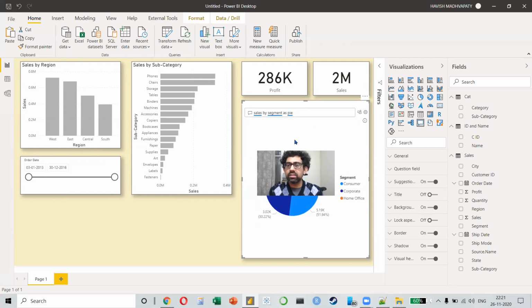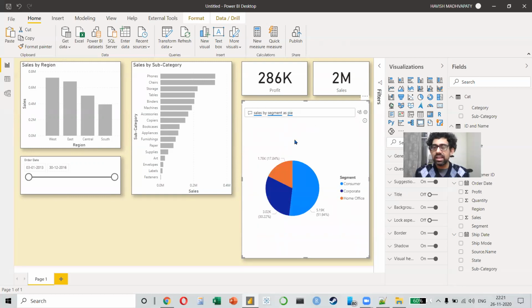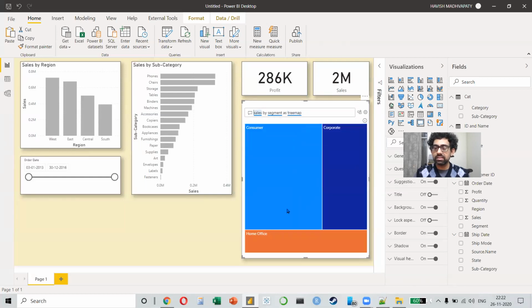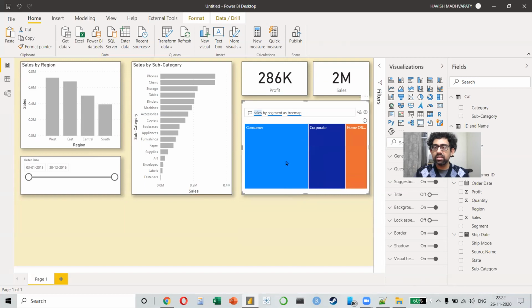That's fine, right? Now, how cool is this, everyone? Everything is connected to each other. So when I move the order date, do you see how the pie chart is also changing? And changing these as well. If I click here, again, do you see how the pie chart changes, the bar chart changes, and the numbers change? And if I click on the pie chart, it actually changes the other visuals and the numbers as well. And if you don't like a pie, you can just change it to something else, let's say a tree map, and it makes a different visualization for you like this, which means I can make it smaller now and like this.